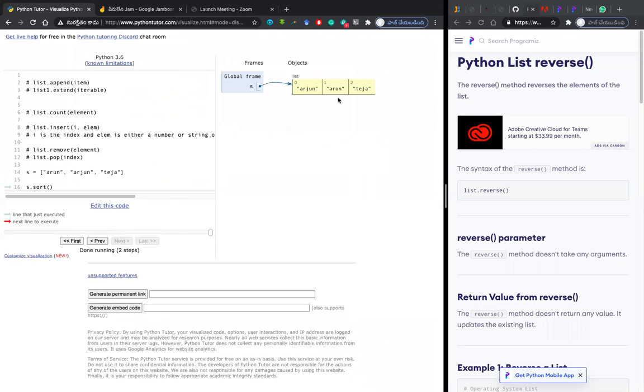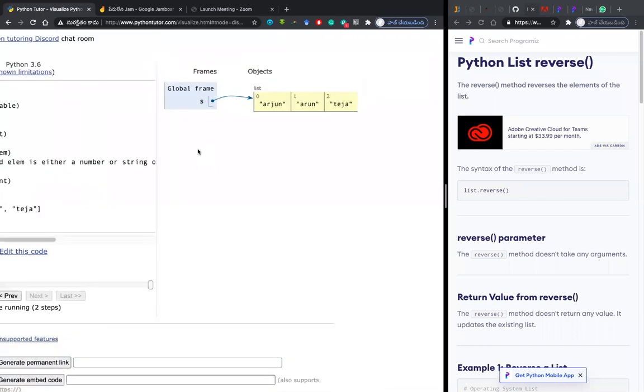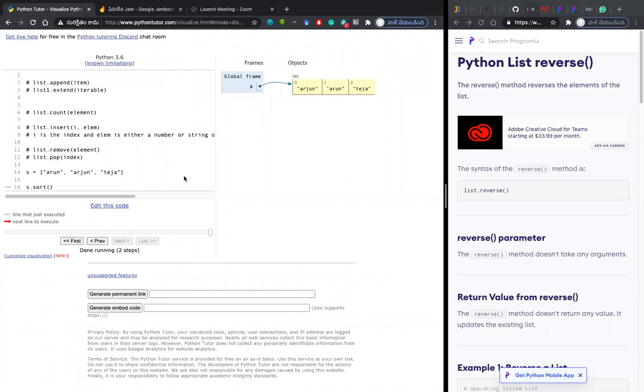Yeah, I think it is working like that, right? Are you understanding? So J is coming front and U is going back. Now, if we reverse it, how will you expect the values? If reverse is equal to true, Teja, Arun, and Arjun. Yeah, Teja, Arun, and Arjun. So this is how the string sorting will work.